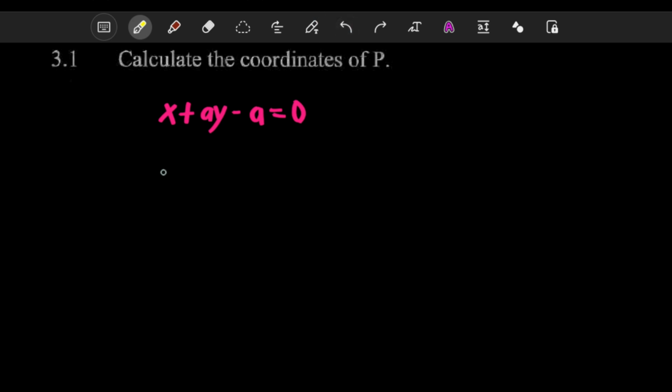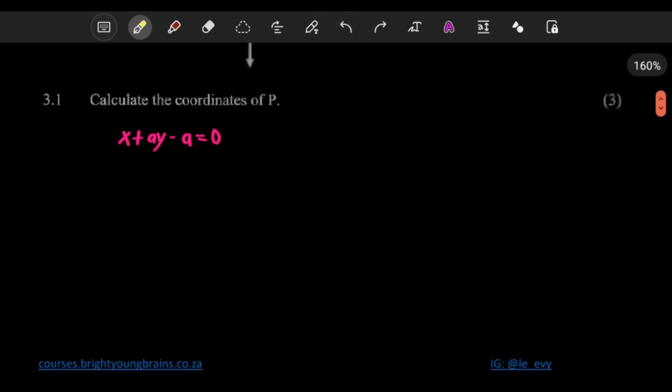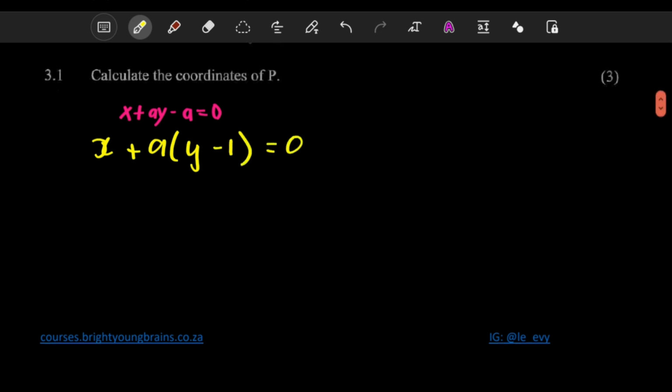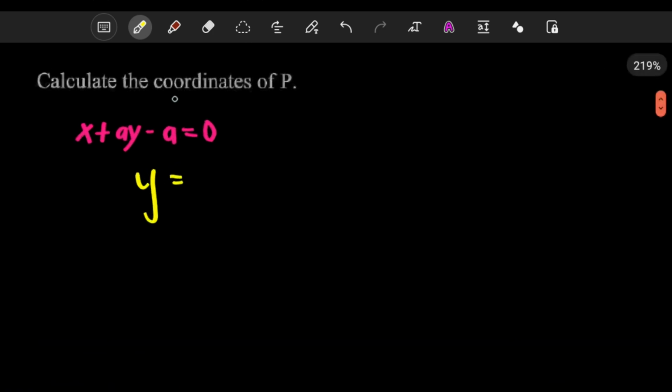Let me do here x. Seems like nothing is wrong with x. Let's do here x plus a goes out, right? This is like y minus 1 equal to 0. And then obviously, we want to make y the subject of the formula. Yeah, this is quite tricky. Okay, it's not actually. Making y the subject of the formula, y can just stay on its own here, right? And then the rest can just go to the other side. This is going to be y is equal to what? Y is equal to